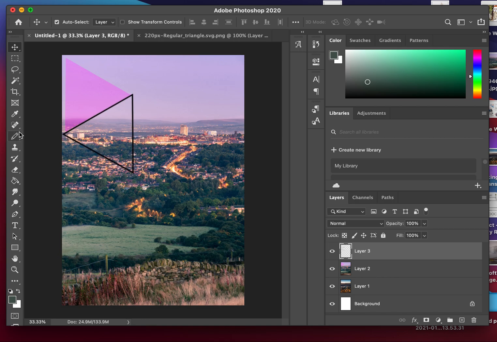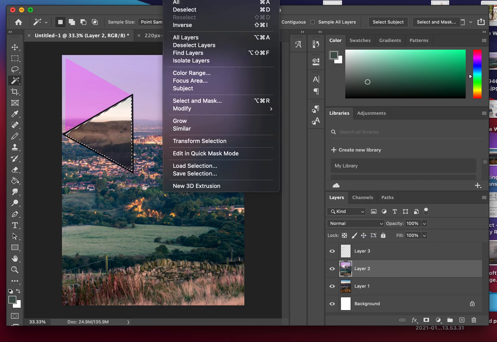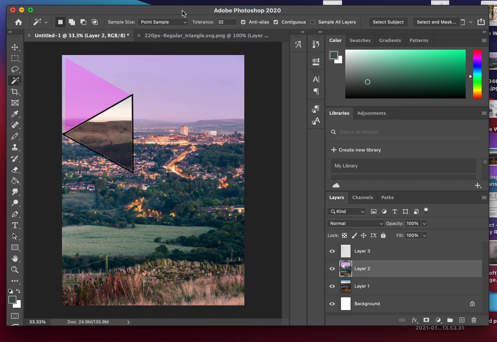So this time I'm going to unreveal the layer underneath. So again, I'll do my quick selection. On this layer, I am now going to delete that section. So I'm starting to pick up the layer underneath. So I've got my select and deselect, and then using my layer again,